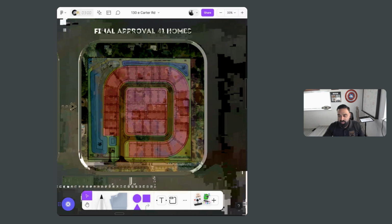what we did is we said, look, can we squeeze down the lots and make them like 50 by 100 lots, just a smaller lot? And how many can we fit? Now, remind me, this is an amazing location. So this could be an amazing subdivision. A lot of the stuff